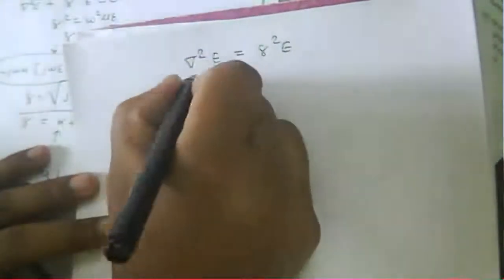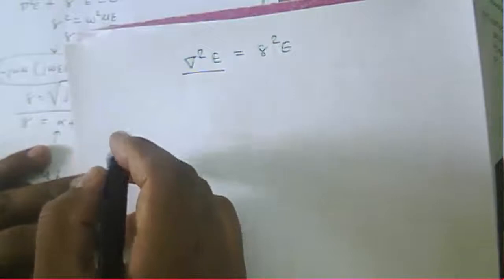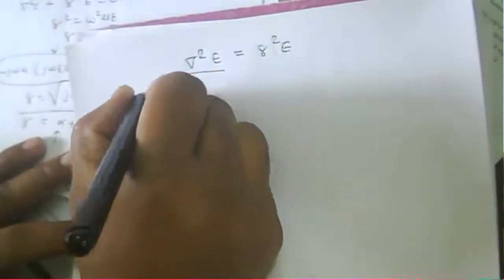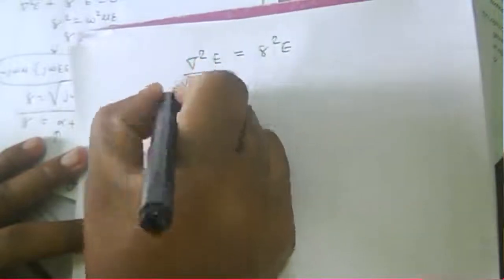Now we consider the wave equation again for the various cases of this particular waveguide, the wave propagating through the guide. So now I consider that del square E is equal to gamma square E. Now del square is nothing but a vector operator. Del is dou square Ex by dou. I'm just writing again.